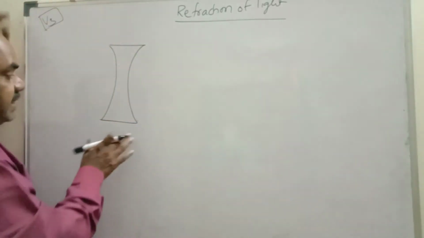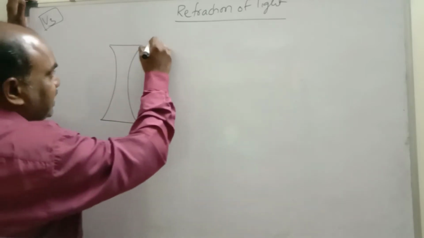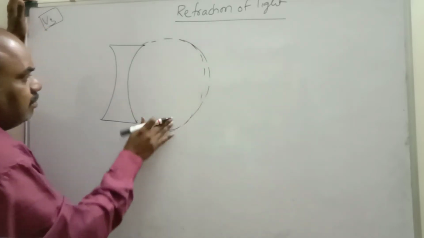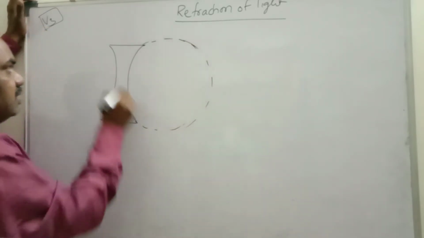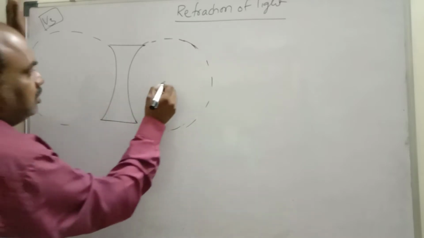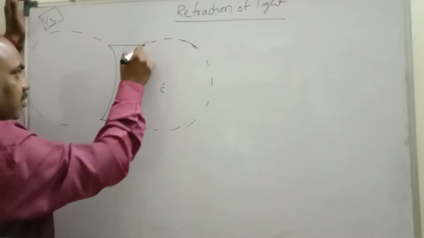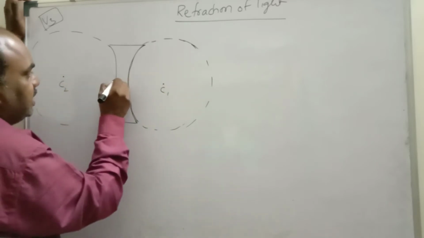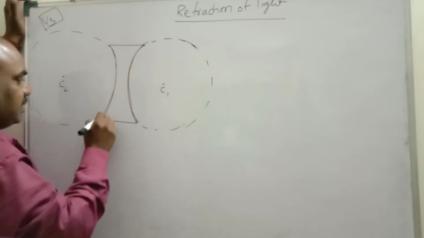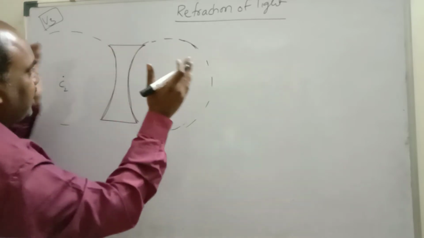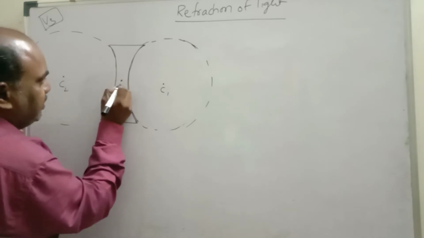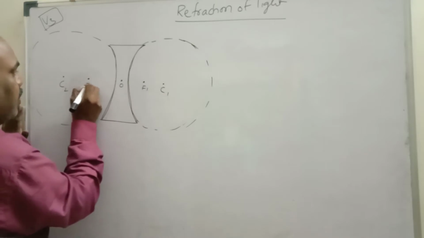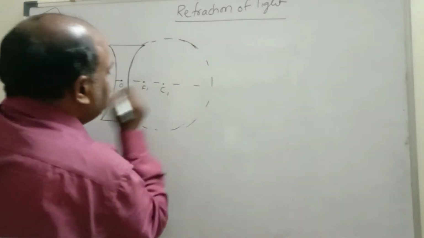So this is the biconcave lens. A biconcave lens also consists of two curved surfaces. This is extracted from the sphere. This is the center for this curved surface. This curved surface center is this one, C1, C2. This is the pole for this curved surface, and this is the pole for the other curved surface. Whenever these two are joined, the optic center shifts here, in between O and F1. This is F2. The imaginary line passing through all these points is called the principal axis.